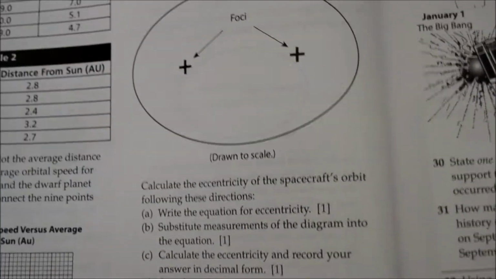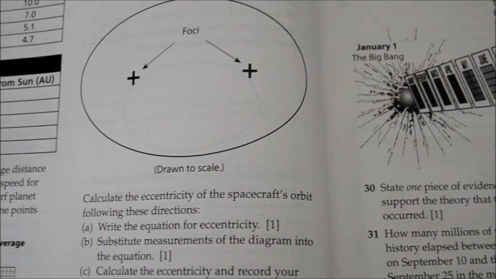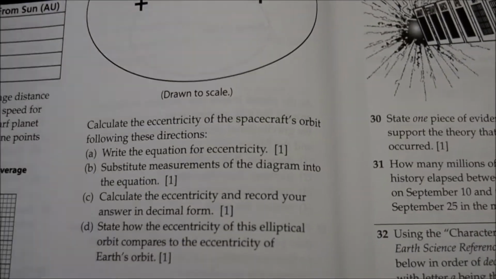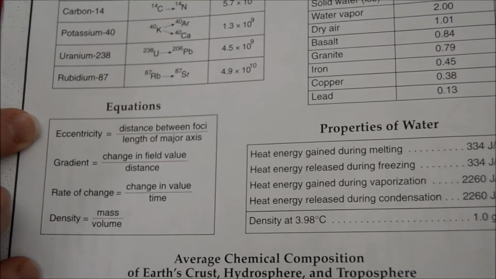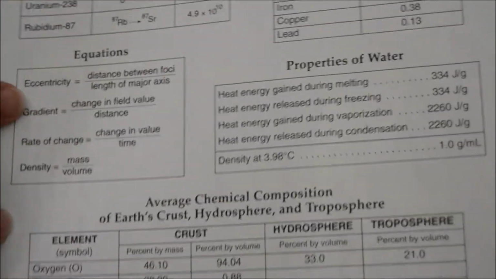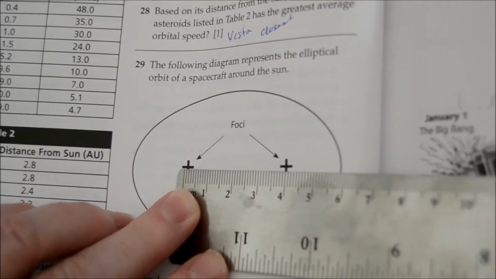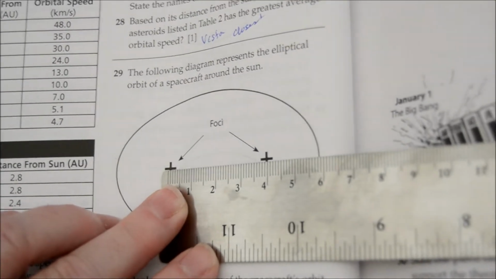The following diagram represents an elliptical orbit of a spacecraft around the sun. Calculate the eccentricity of the orbit using the following directions. So, first thing they want you to do is write the equation for eccentricity. Distance between the foci divided by the major axis. Next, you actually got to measure. So you need to measure them. And when I go to measure, I'm going from the center of the foci to the center of the other foci. And I come out to about 3.9